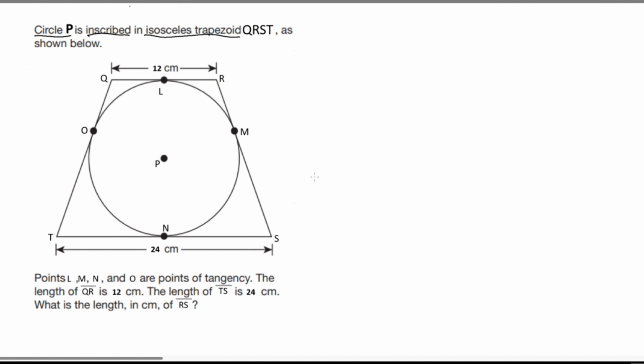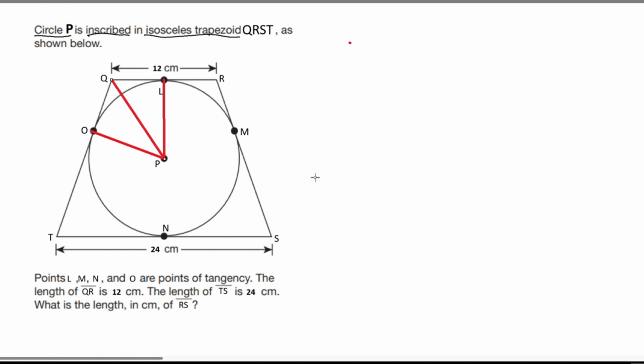So first, we're going to make a straight line, making a radius, really, connecting the point O to the center of the circle P. We're going to make another one, connecting P to L, and then we're going to split this big quadrilateral into two triangles,